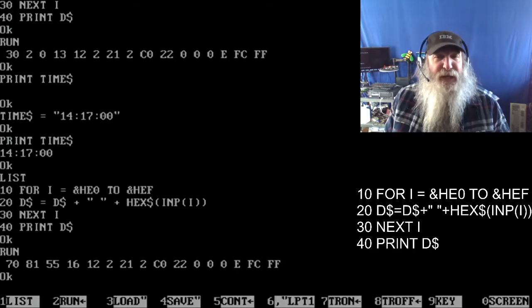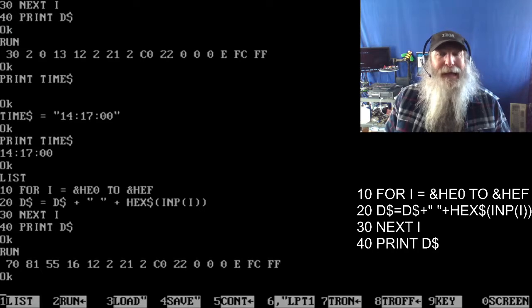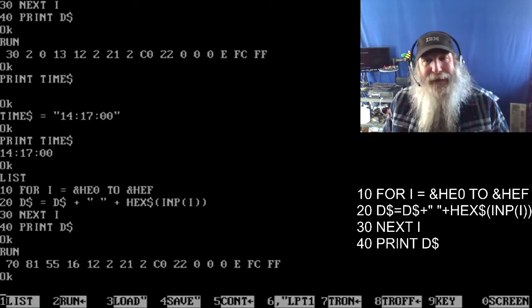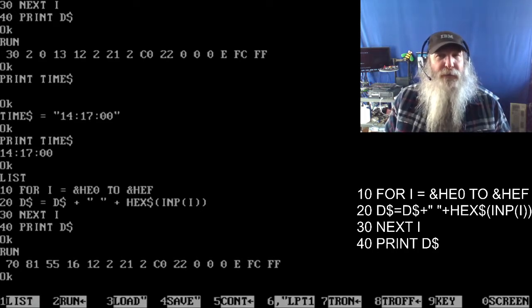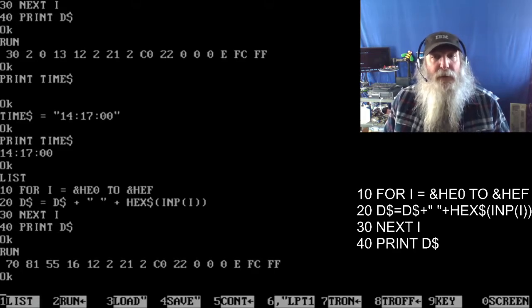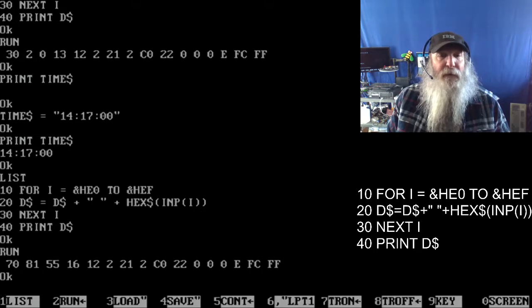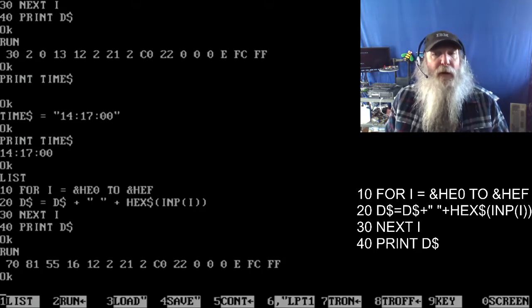But I want to see the condition of these other bytes, EA hex to EF hex, those I/O port registers, the values they have in that new condition, and see how they're set up, and whether from debug we can plug in values